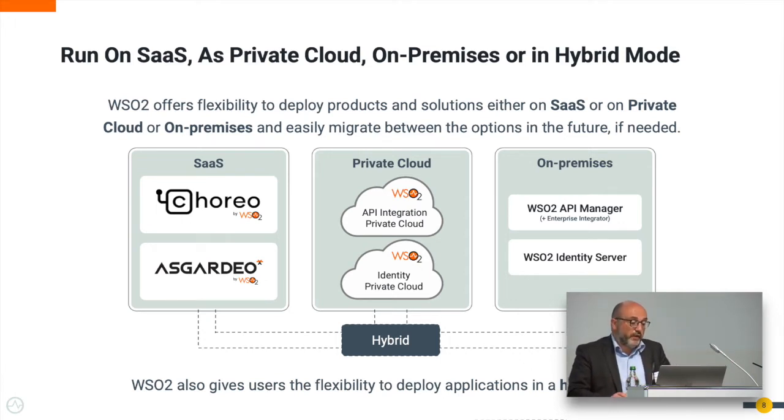The possibility to have a private cloud is a solution where we manage the WSO2 installation on your behalf. And to complete the solution, this is also a choice that you can take and change, thanks to a hybrid option. So you can have part of the components in the public cloud and part on-premises. For example, API Manager is suitable for this approach because, as you may know, API Manager is typically based on a control plane and a data plane. And you can have a control plane, for example, in the public cloud and a data plane on-premises.